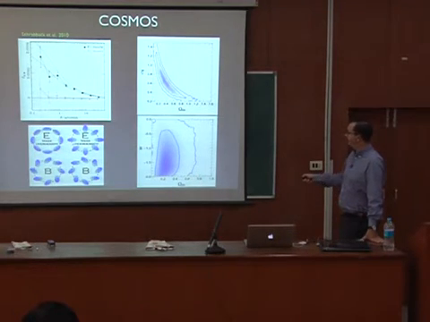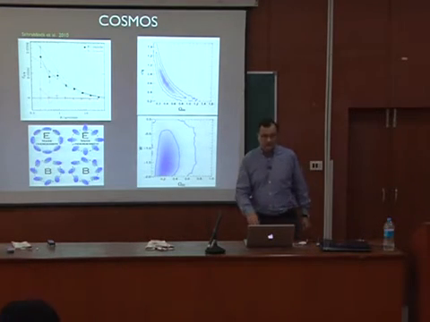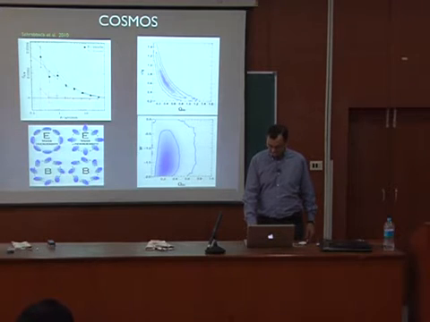So this is omega matter versus W. And you see again there's a degeneracy. And there's basically an upper limit on W. And W equal -1, which is a cosmological constant, is consistent with the observations. Okay. So this is with the Cosmos survey. Now,